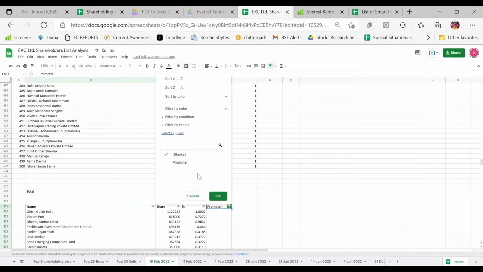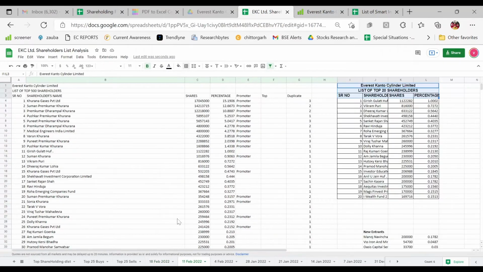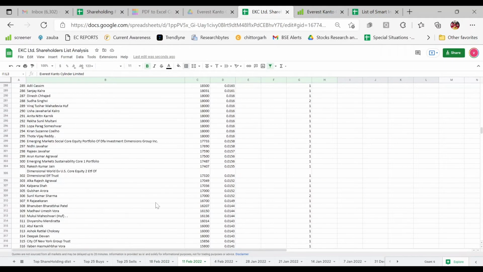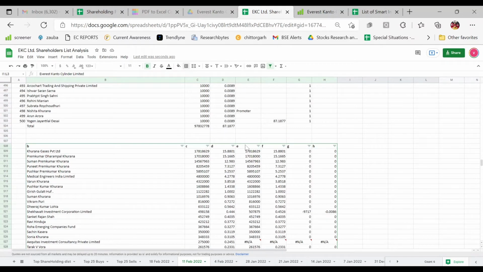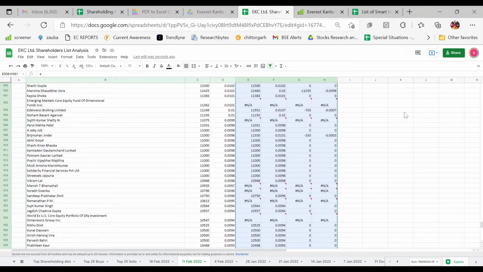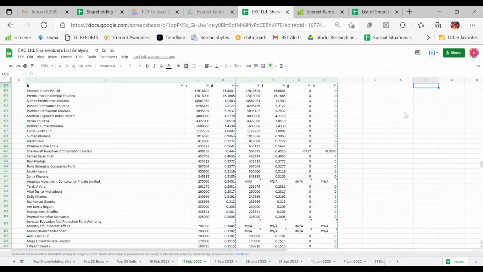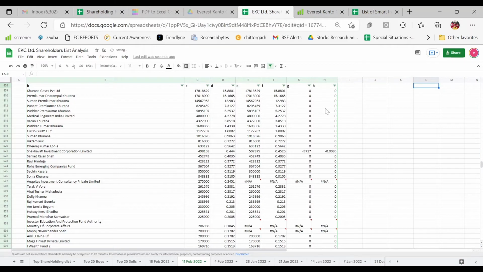The duplicates we removed here will be of much help in this analysis. As you can see, we already have the duplicates removed. So the next time you get the shareholding list, this duplicate removal will be helpful. We have already done this analysis, so I'll just remove this from here. Select all this, Control X, and move it aside a little, as it was one of our old analyses. Yes, it's of no use right now.